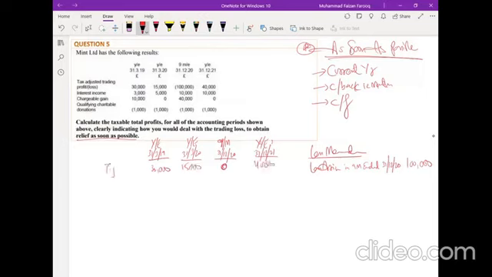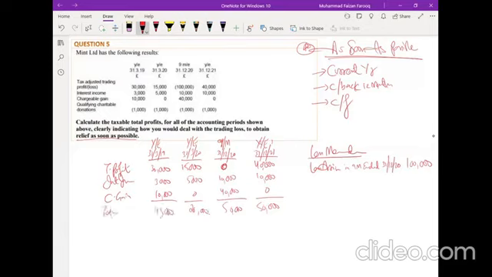Trading profit, tax adjusted trading profit. Now this is not an individual, so I will just add quickly all the other incomes. 3,000, 10,000, 5,000, 0, 10,000, 40,000, 10,000, and 0. Any doubts? QCD will be the last one. This total is 50, here also 50, then 20, and then 43, I guess. This is my total profit.